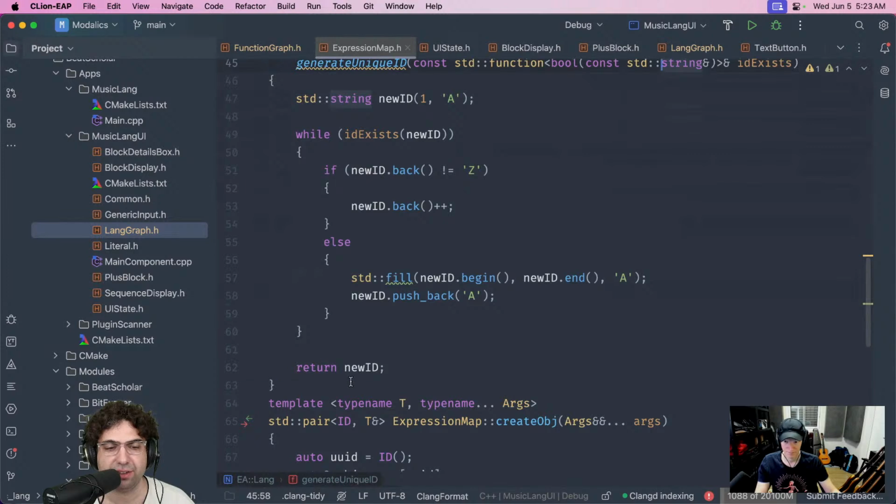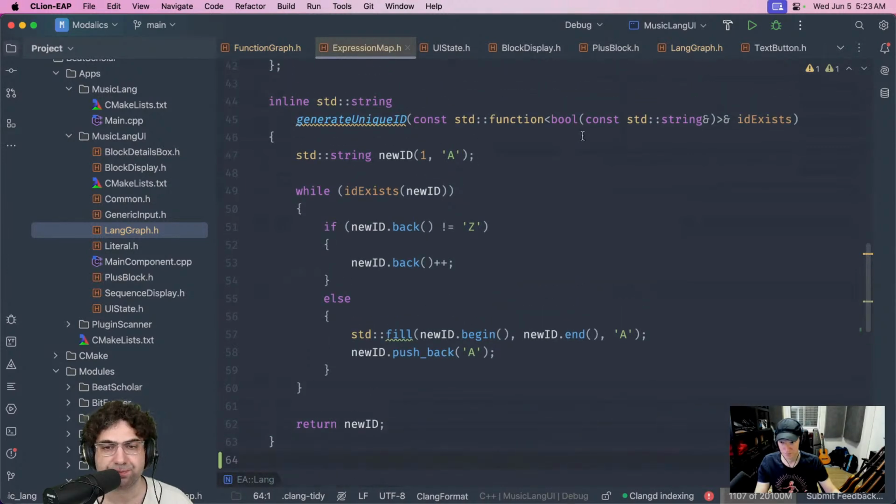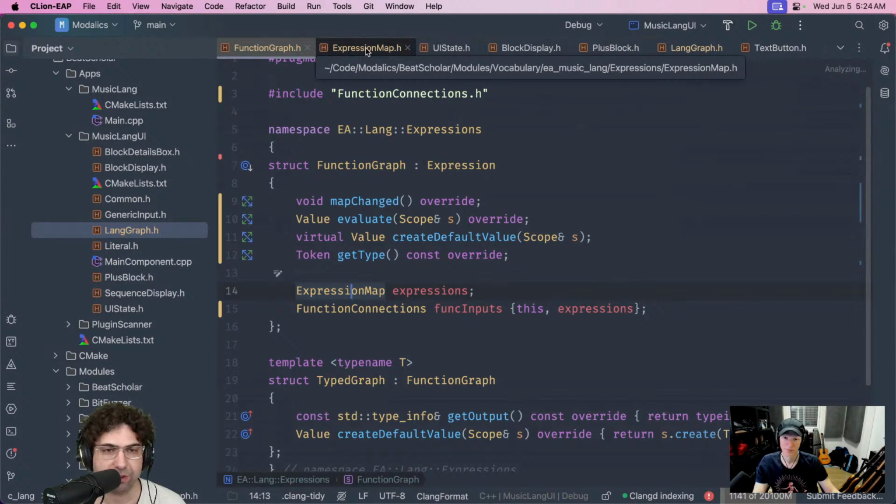So I need a function that generates a unique ID, but it takes a function that asks if the thing already exists, right? So that's how I can use it in a generic way with other types of containers, right? And because I'm going to use it on a completely separate container, completely different